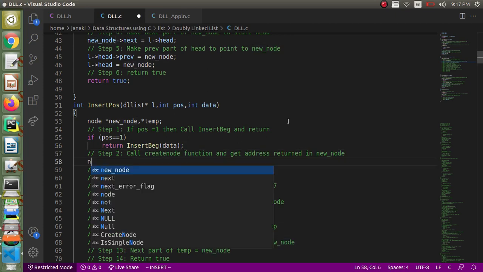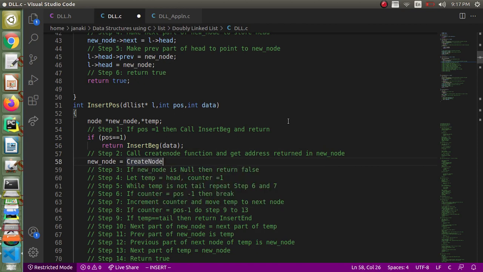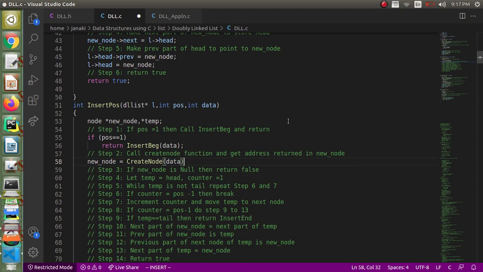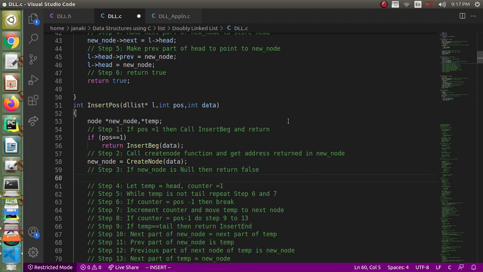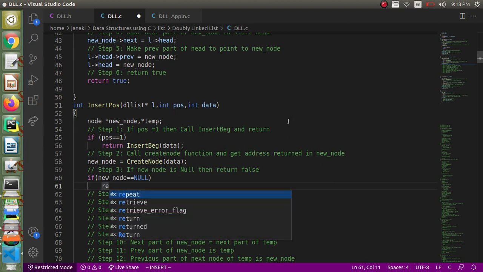Otherwise call the create node function and create the new node. We will pass the data alone. If the node could not be created, if new node is equal to null, then we have to return false.